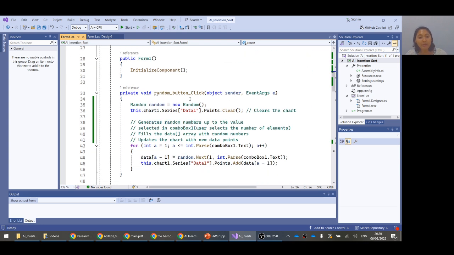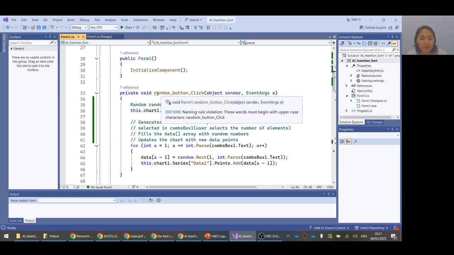And then this is the initialize component that is used in this designer,